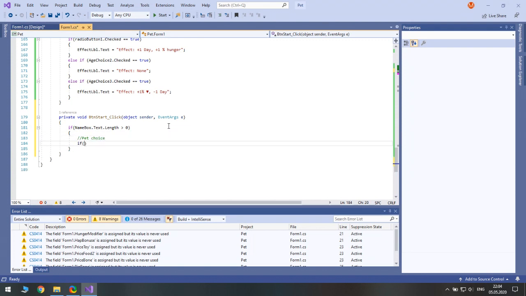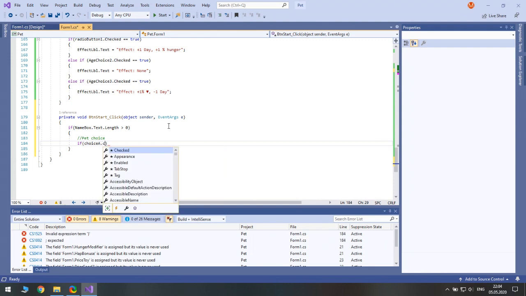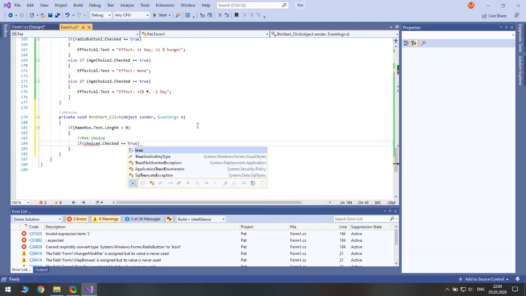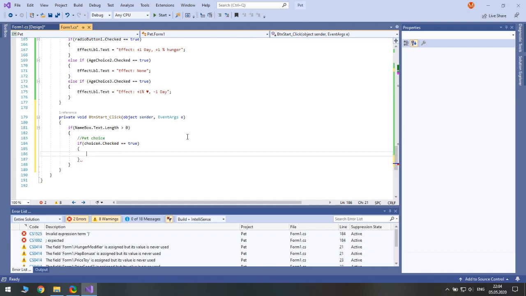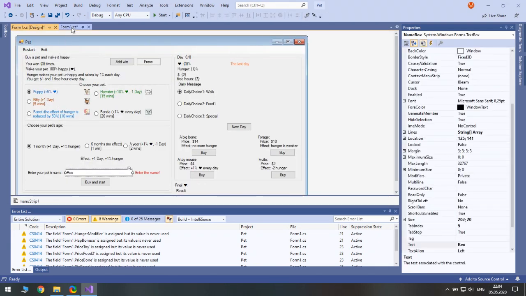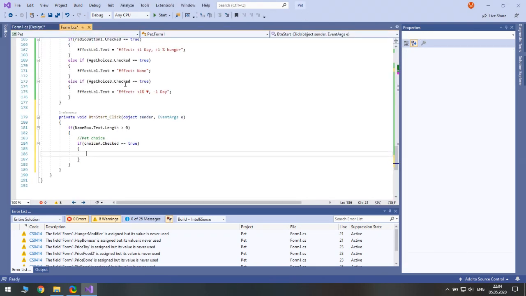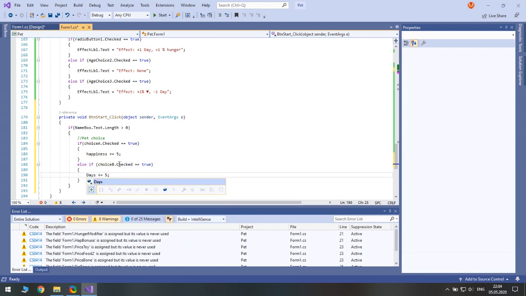So if choice A is checked, then we apply the bonus here, so plus 5 happiness. So the starting happiness should be increased by 5. Else, if choice B is checked, then we increase the number of days by 1.